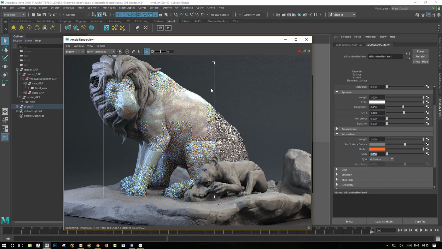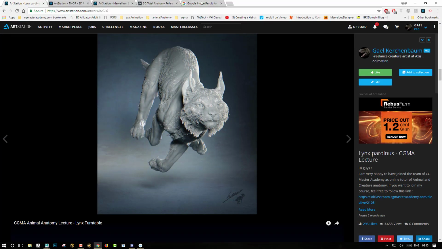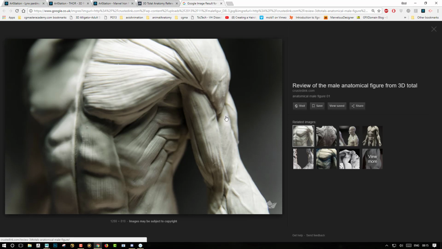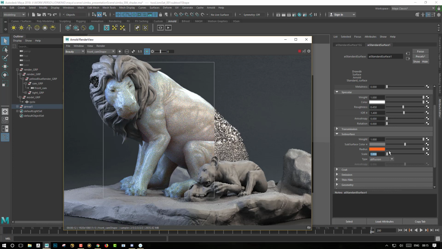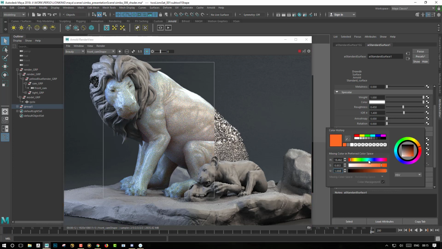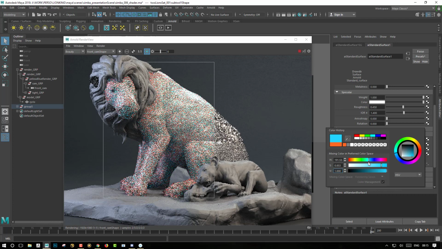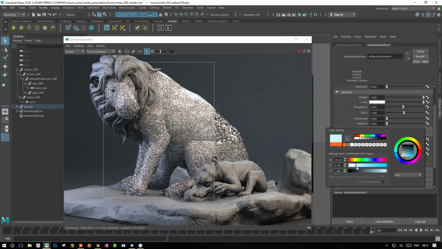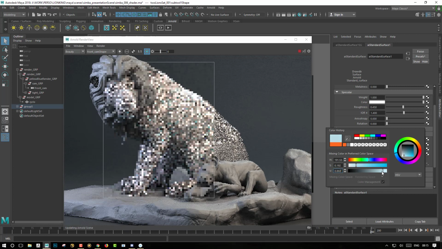So something that we may want to do, if we want to have something that will look more like some clay from an actual figure, we need to have a color with way less saturation and maybe something that will be more bluish. So we will just play with the radius color, get something that will be a little bit more blue like this, lower the saturation, and maybe reduce a bit the value.